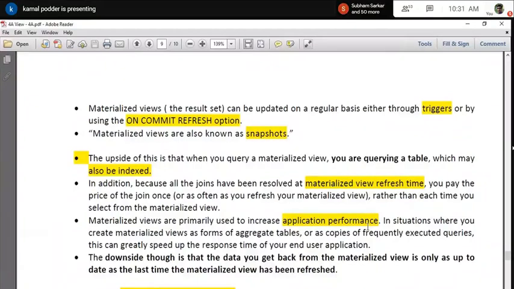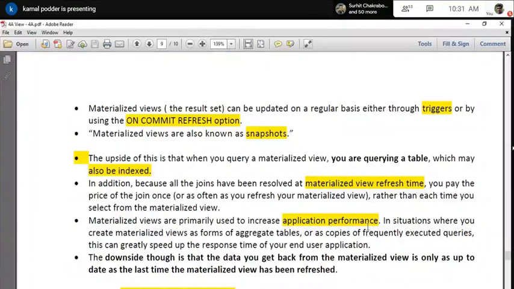That is why they created the result and stored it in the materialized view. But the only thing is that it is not up-to-date data, so sometimes we need some mechanism to refresh it. There are different options in the materialized view for that. One option is that you can write a trigger at the table level.